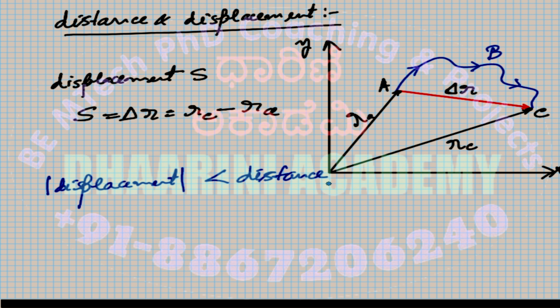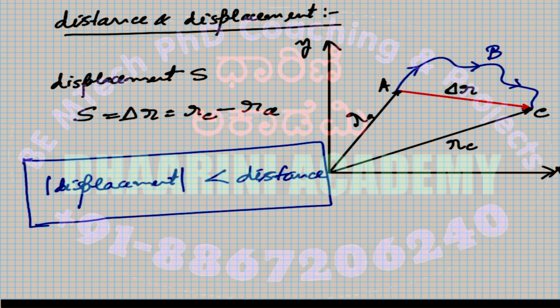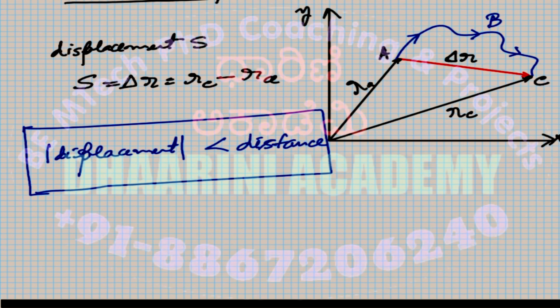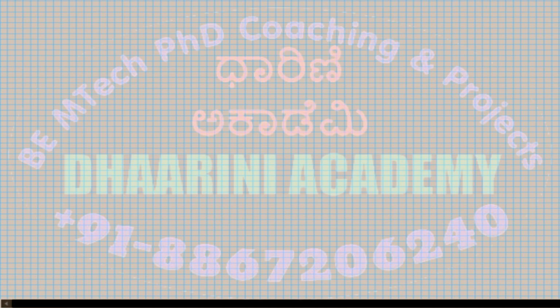So this is very important that we understand from this, because the distance covered from A to C along path B is more, that is called distance, compared to the delta R, which is the displacement, the direct path. Okay, then we'll move to the next definition,